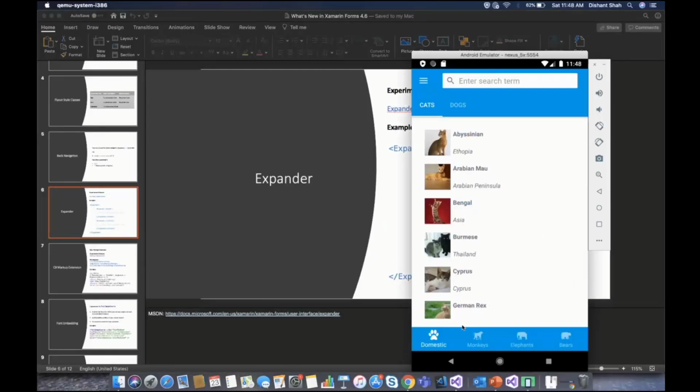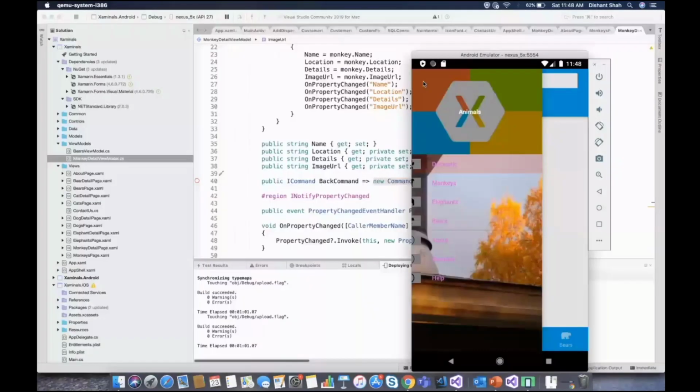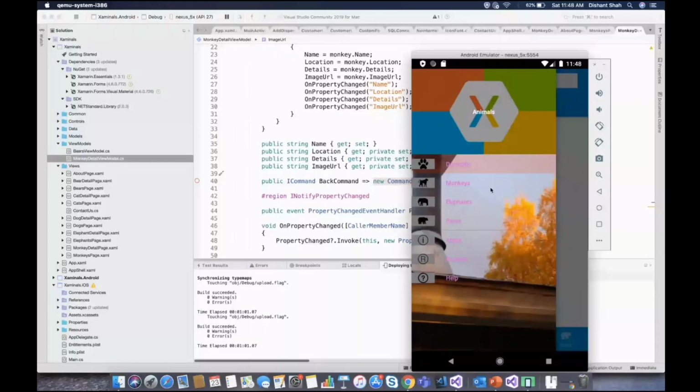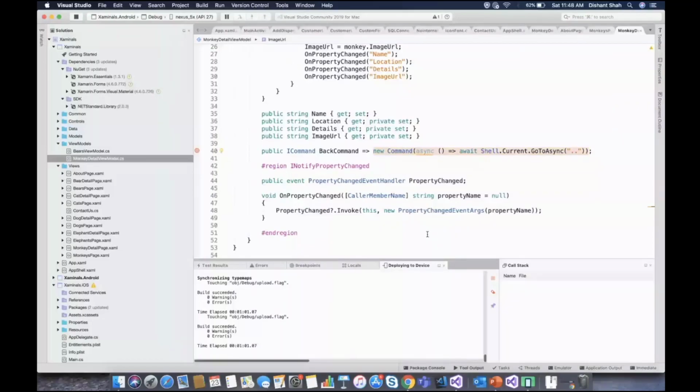Okay, so the application is running right now. Okay, let me switch to this monkey tab. Let me go to, so that command is getting initialized, so that's why our breakpoint got set.